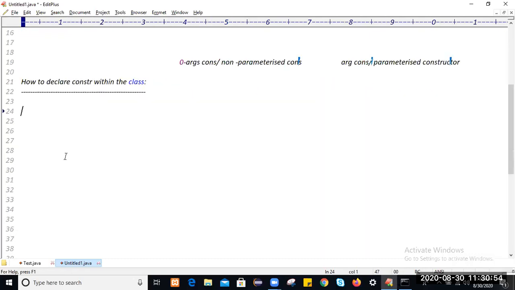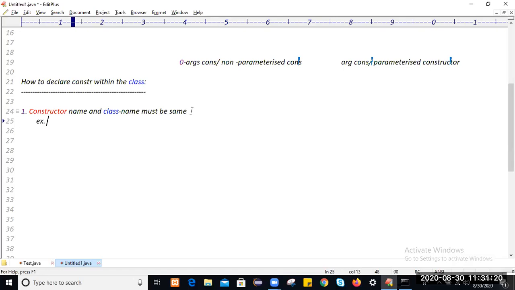When we create a constructor within the class, always remember that the first rule is: constructor name and class name must be the same.